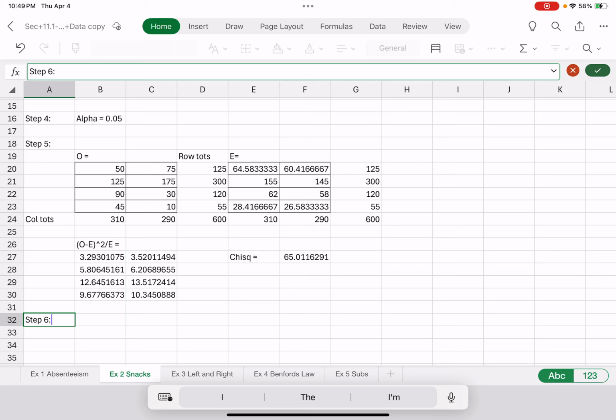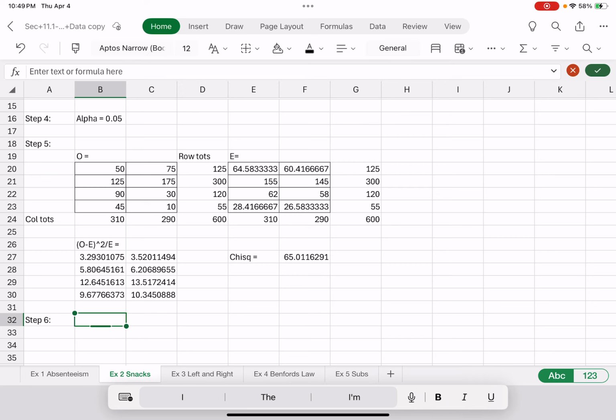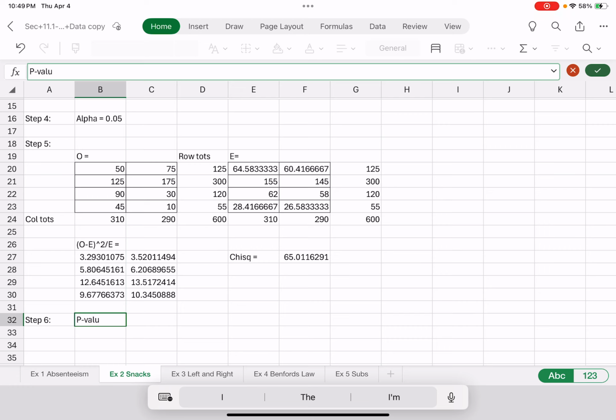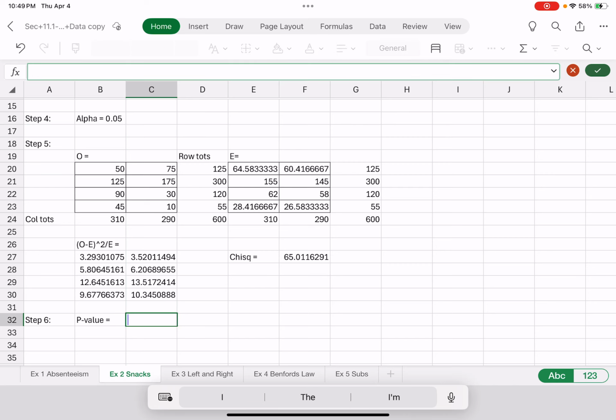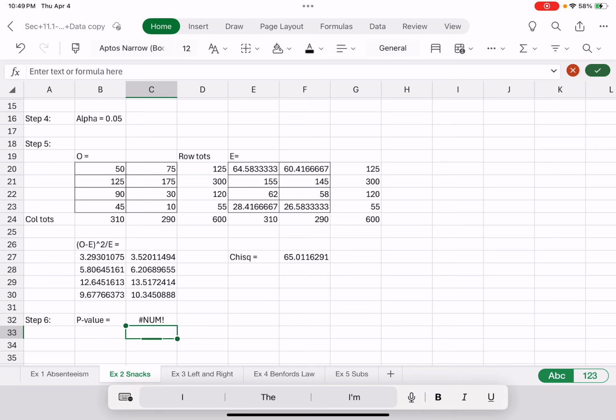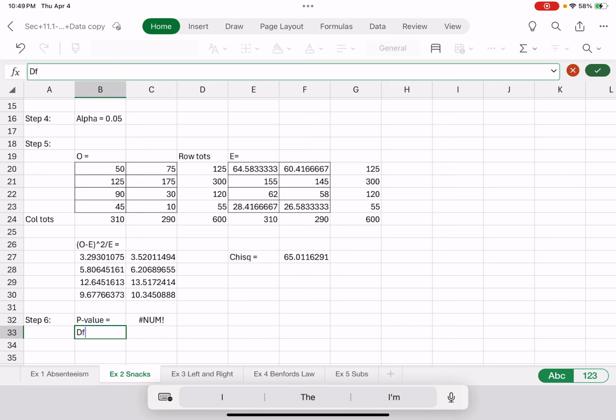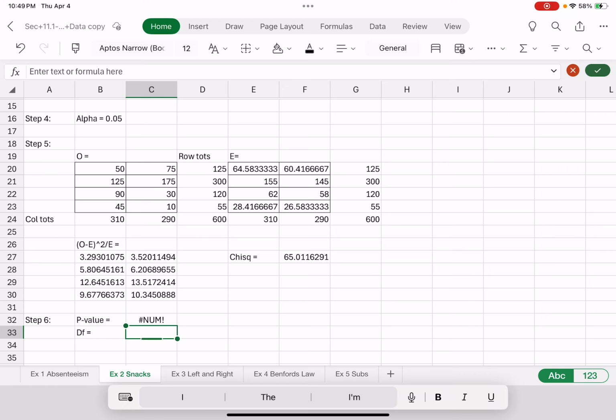All right, step 6 now. I've got my test statistic. Step 6 now is to find my p-value. Okay, so the p-value is going to equal, well, this is fairly straightforward in comparison. So equals chi-squared, right tail, always right tailed. Push my test statistic right there, comma. Okay, now the degrees of freedom. Actually, let me do this. Let me do degrees of freedom. df equals